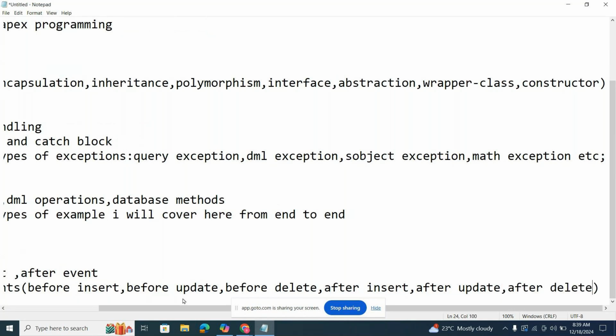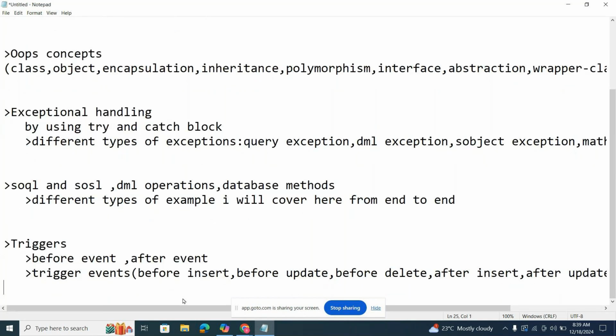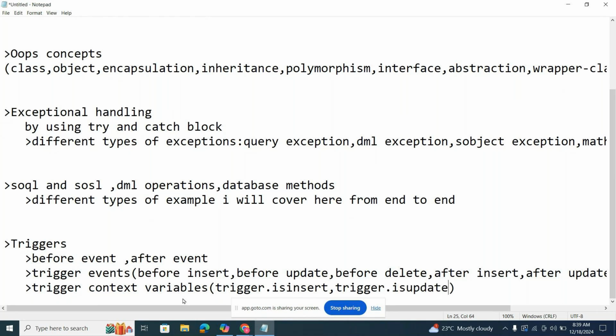These are all the things. I will also discuss trigger context variables, Trigger.isInsert, Trigger.isUpdate. These are nothing but backend operations.